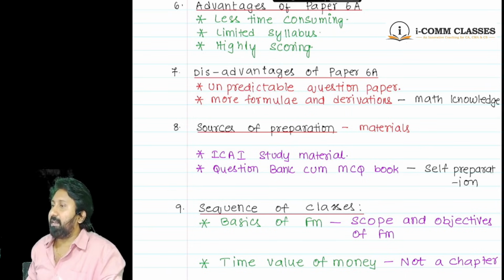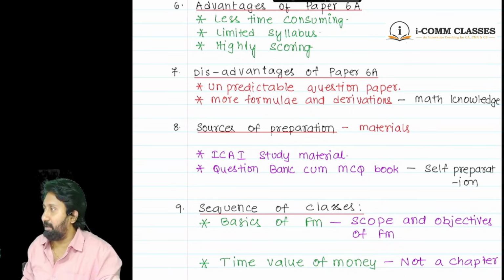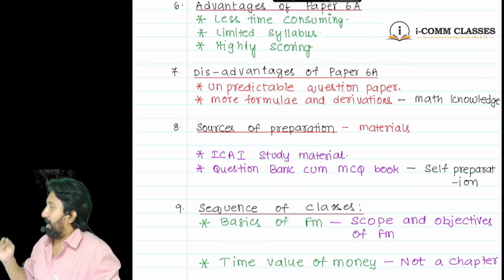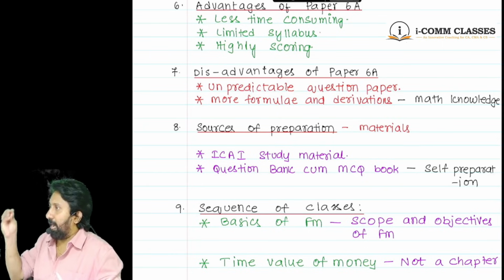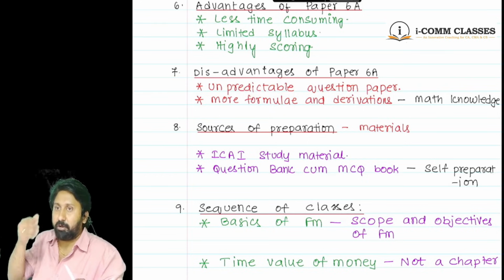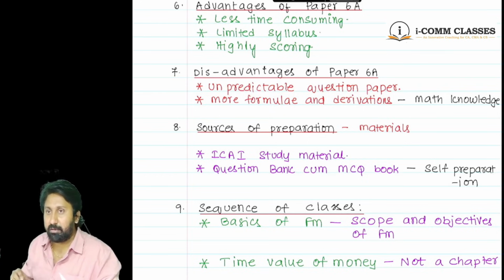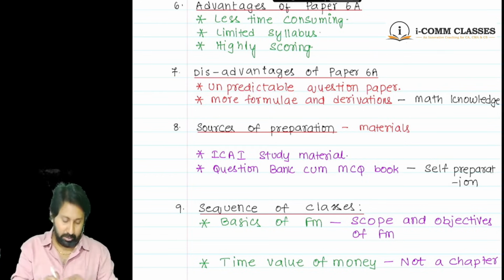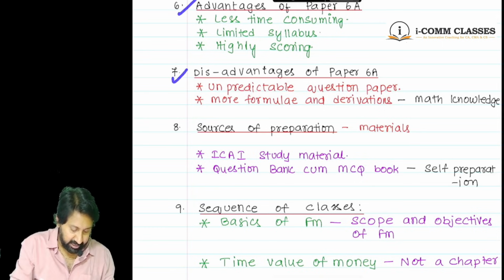Because it's all about money. Who doesn't want money in life? Everyone wants it. So we will write the summary of the chapter, we will write the analysis, and we will also write down all the formulae in a systematic format, whatever the formulas are applicable. Are you clear to the point, everyone? So this is the advantage and disadvantage.